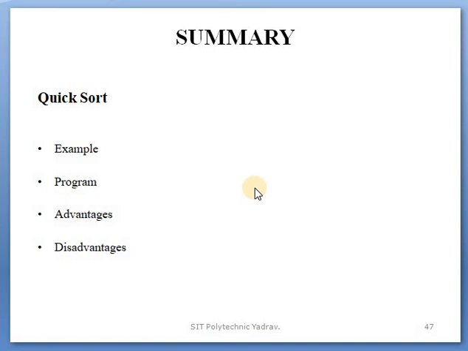One example was seen in the previous lecture, and in this lecture we also saw one example. After that, the program, advantages and disadvantages. This topic is large, so I am splitting it into two lectures. Write the examples from the previous lecture and today's lecture; any example you write in your exam is your choice.